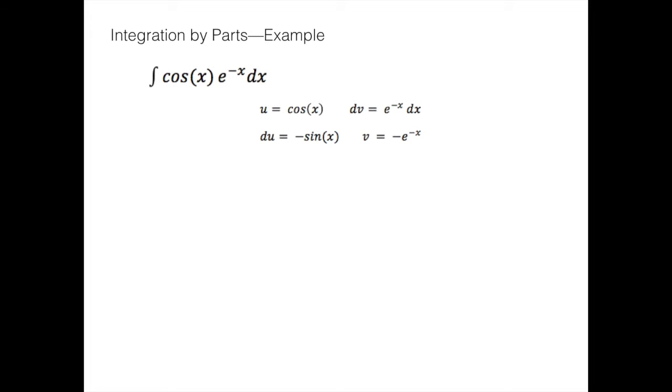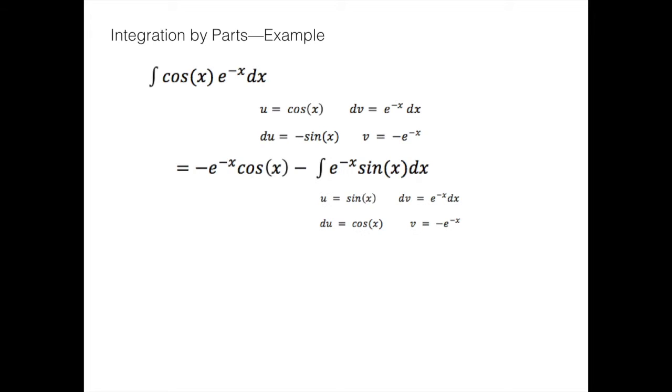So using that u and dv, we can represent the original integral as negative e to the negative x cosine x minus another integral, that of e to the negative x sine x dx. So now we have to integrate that one again. We're going to use a very similar technique. Set sine x equal to u and e to the negative x dx as dv. So resolving that one as well, we get altogether negative e to the negative x cosine x minus the quantity negative e to the negative x sine x minus the integration of negative e to the negative x cosine x